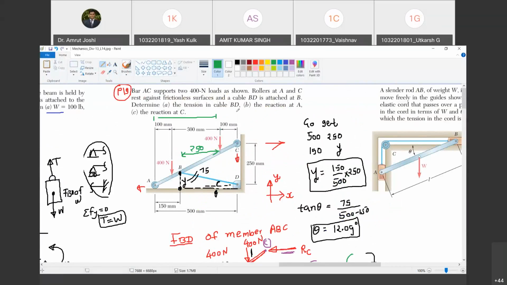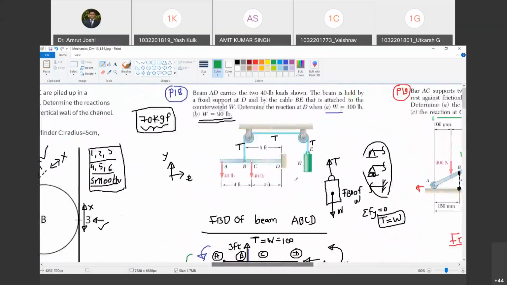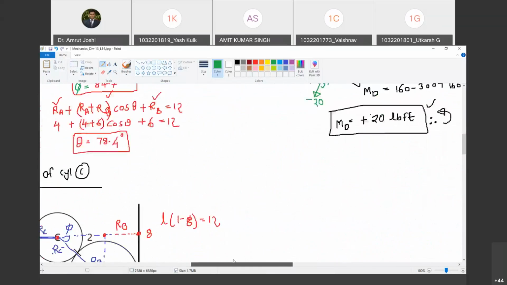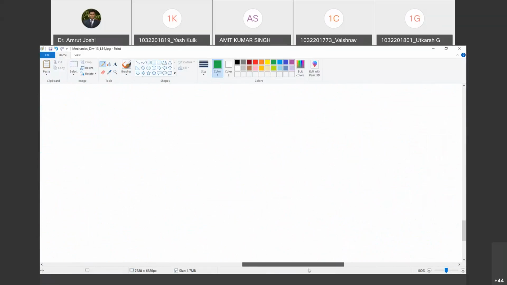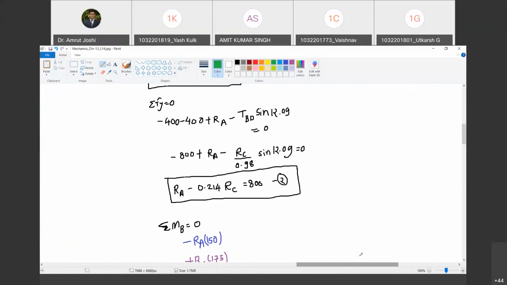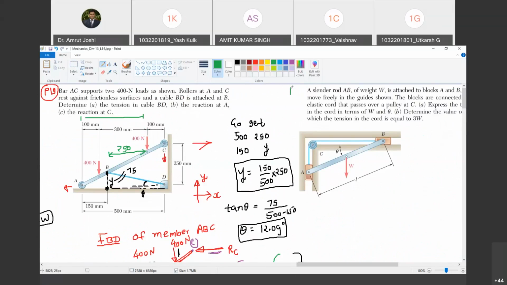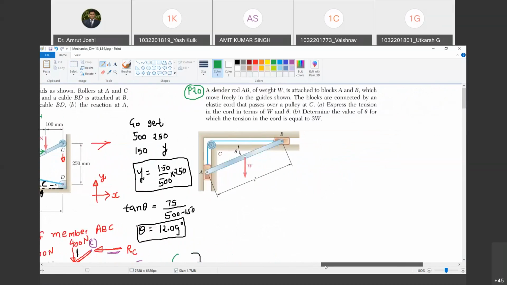Now, next problem I'm going to give you as a homework. So what is your today's task? You have to complete the last part of previous problem. You have to give me the values of RA and RC in previous problem, and you are going to solve the next problem on your own without any hint from me. You solve this and share the solution with me. If it is correct, I will confirm it. Are you with me? Yes. If you shall face any problem in this, we will tackle that in the next class. First thing, from next class onwards, we are going to start with the dynamics. Are you with me? Yes, sir.